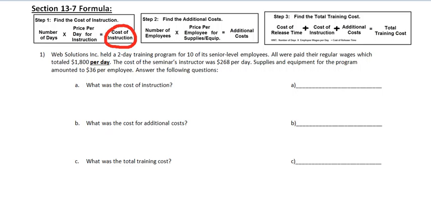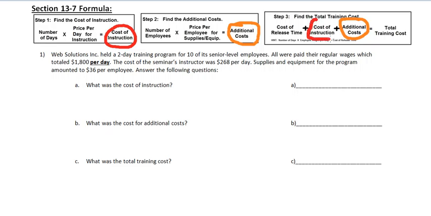Then we have additional costs. Additional costs can be a variety of different things. Perhaps donuts, juice, and coffee. Perhaps it's a certain workbook that every single one of the people need for that day's training. But additional costs could involve a variety of different supplies. And so we need to know what that is. So, once we know the additional costs